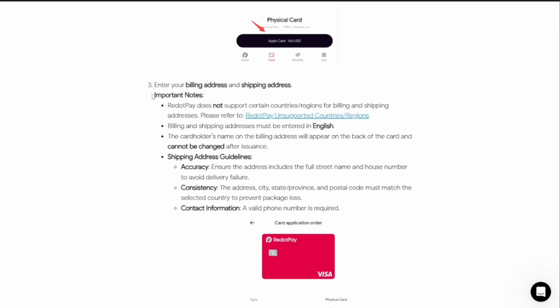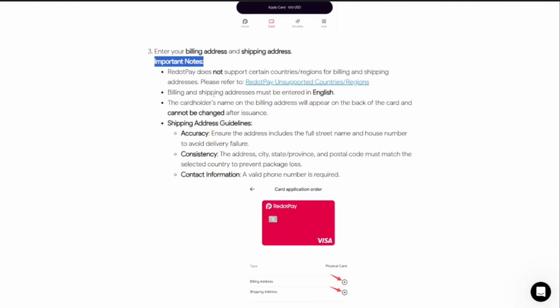So here are the important notes. RedotPay does not support certain countries or regions for billing and shipping addresses. So you have to refer to this link right here to see which are the countries or the regions that are not supported by RedotPay. Billing and shipping addresses must be entered in English. You have to make sure of that. And the cardholder's name on the billing address will appear on the back of the card and cannot be changed